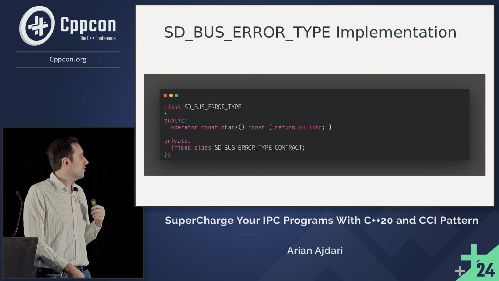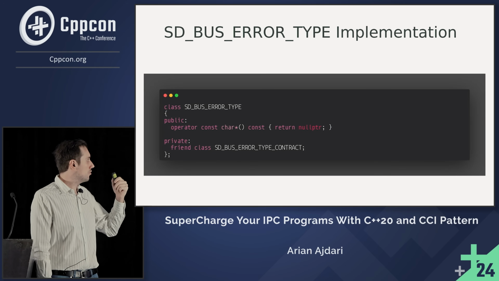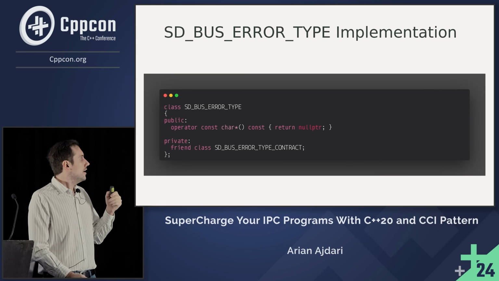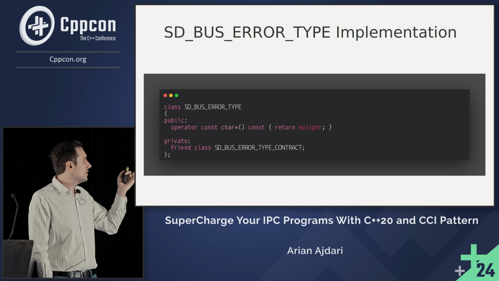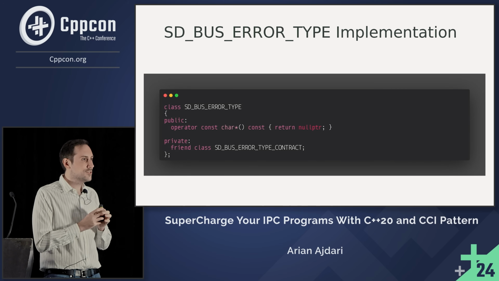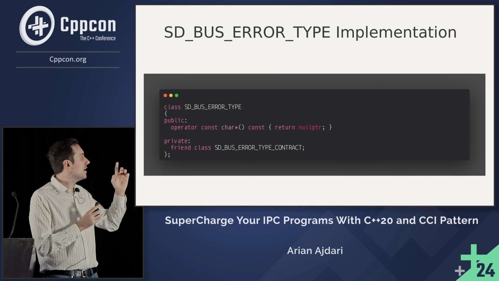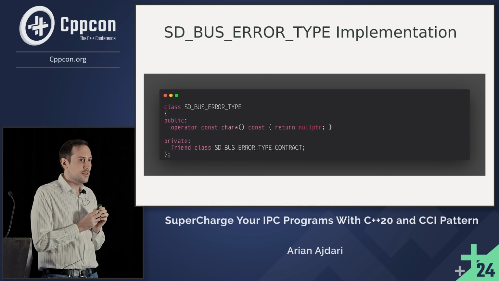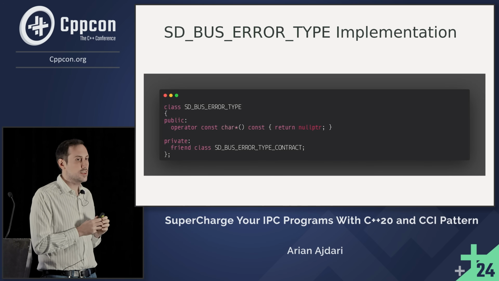Now we create our type, and we make sure to have our operator, the operator overload of const-char star. And we basically just return a null pointer because in the beginning we just want to be initialized as a null pointer. So I would like to ask a question. If we didn't have the overload const-char star, what would happen if we didn't overload here?